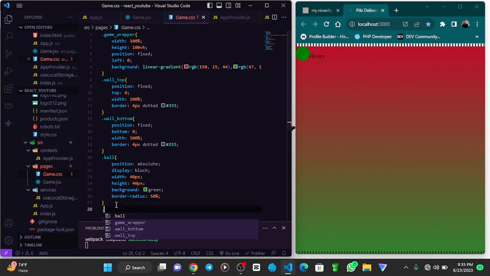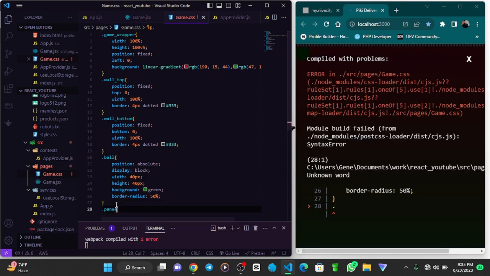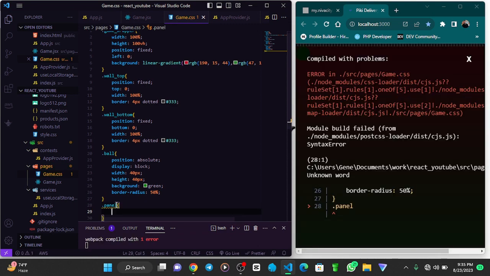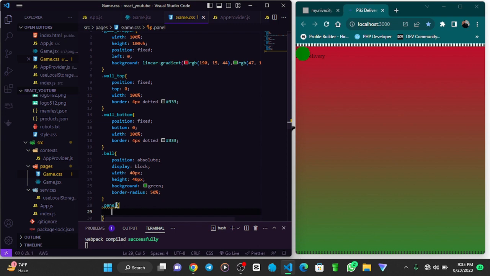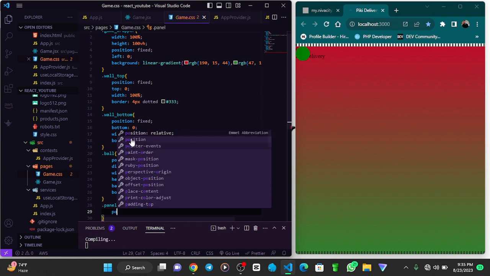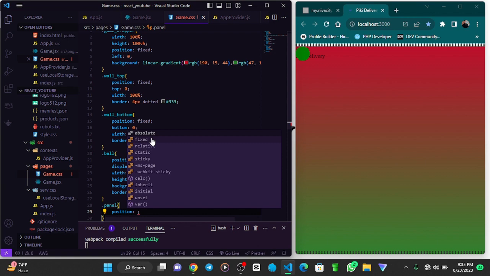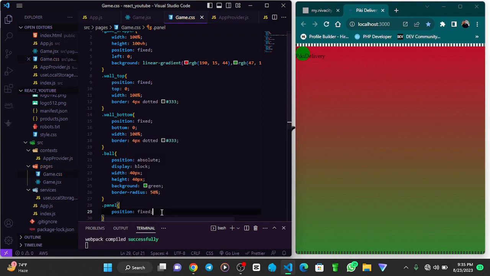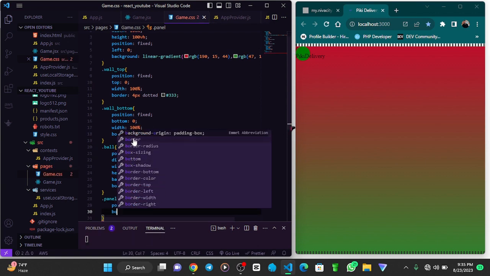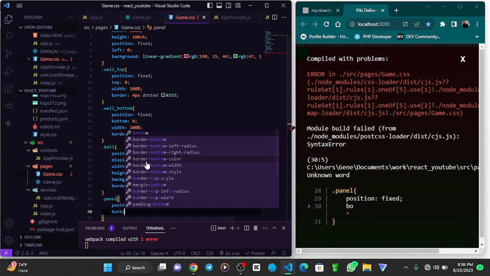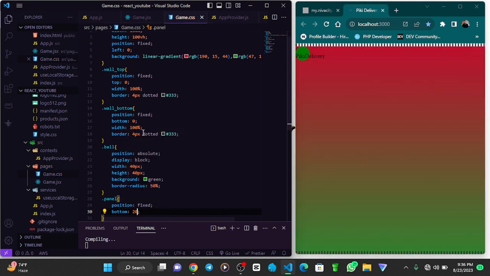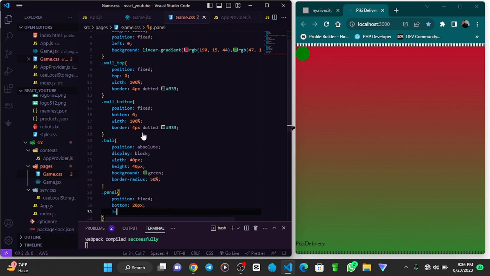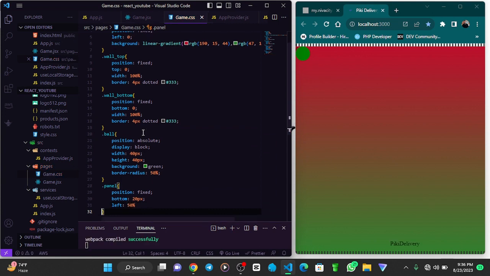and also want to have a panel. The panel we just created, so the panel should be a position fixed, bottom, you have 20 pixels. Okay, then left, we change this one. Let's just start with 50%,